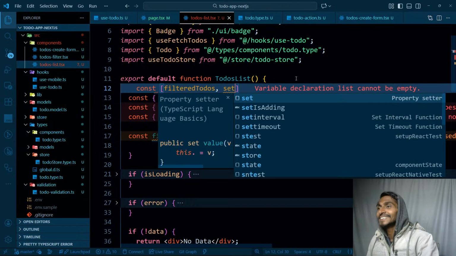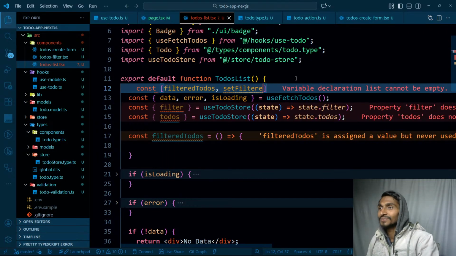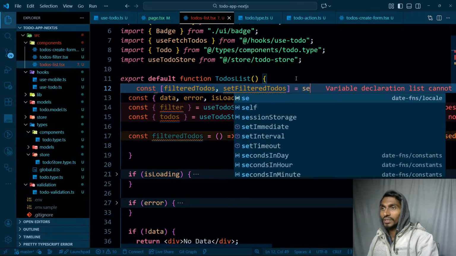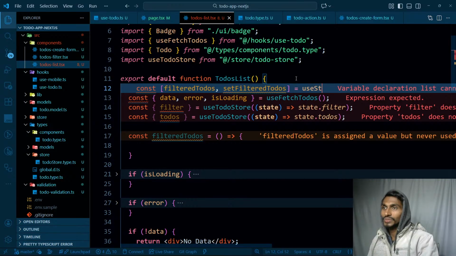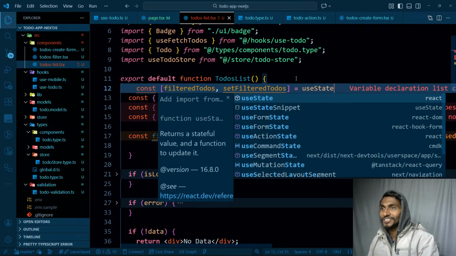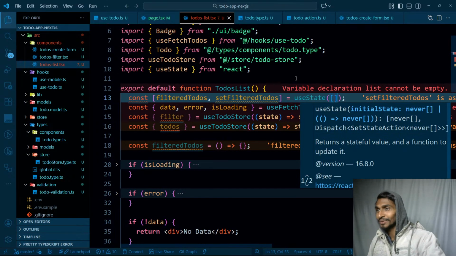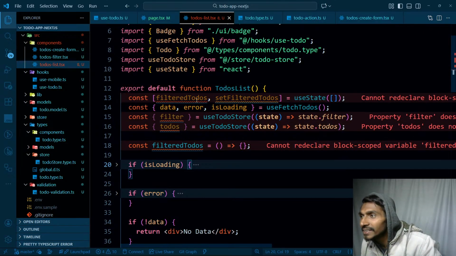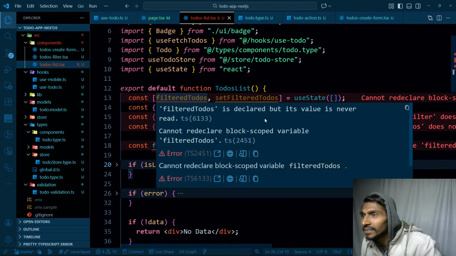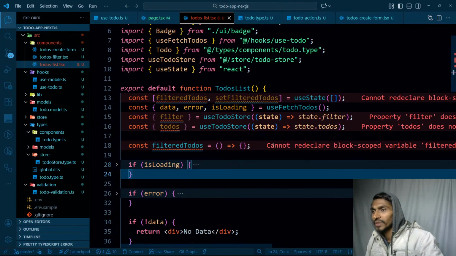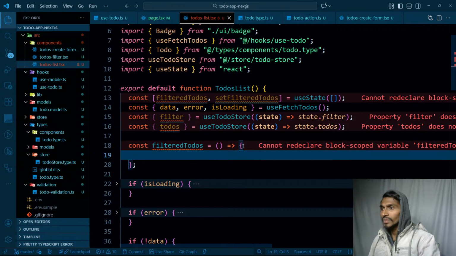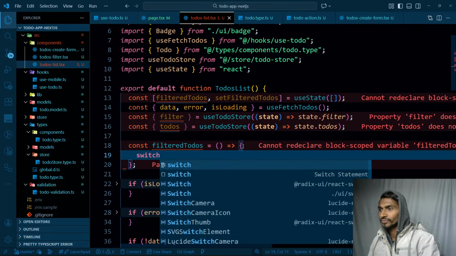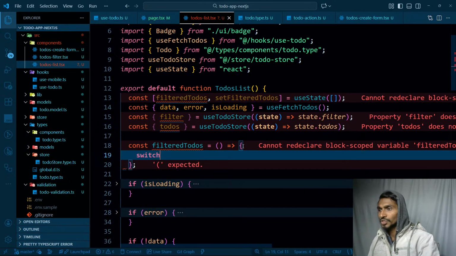I must say. Set up filtered to-dos, gonna be use states. Gone are the days of learning HTML CSS, but never mind, they were the days when I was learning. Set filtered to-dos. Okay, after that I will be using a switch statement over here, and come on, switch statement,